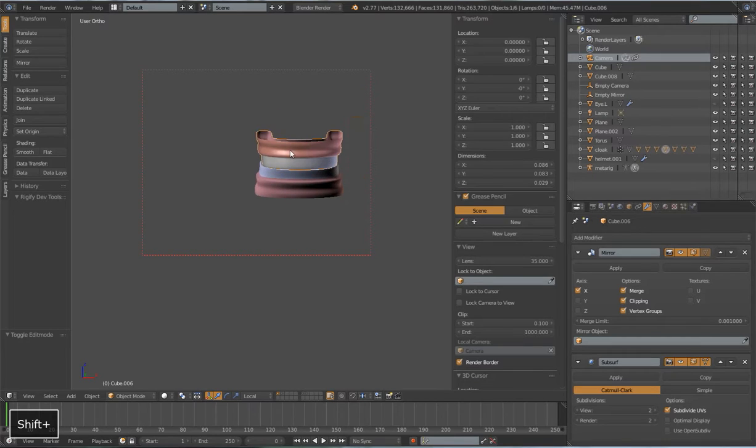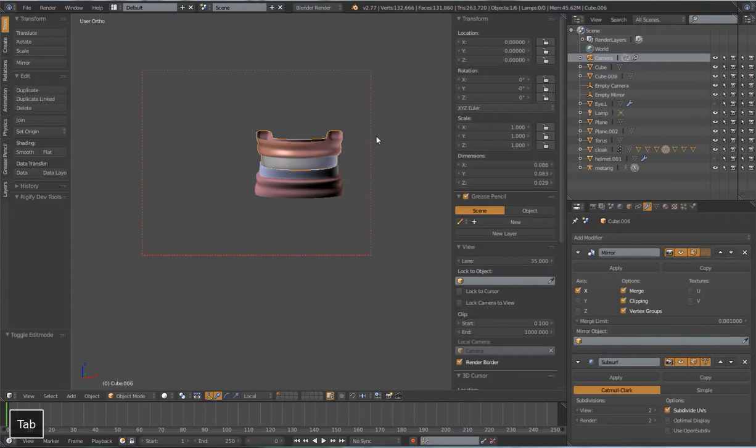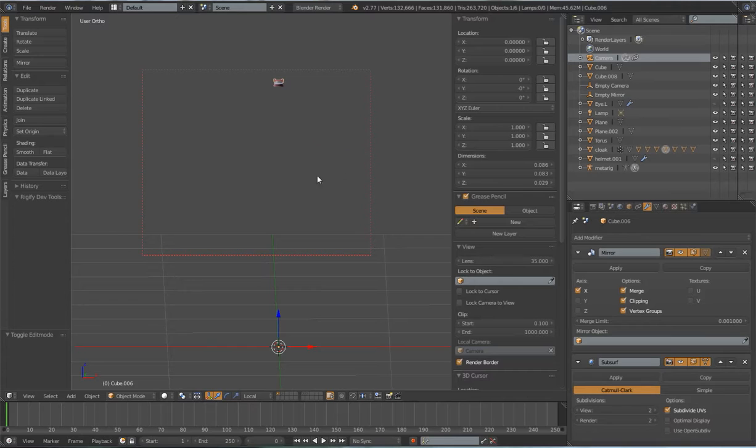You can see when I'm in edit mode, I can actually change the positions of all this stuff, and when I go back to object mode, the transforms are still zeroed out. So if you ever need to move anything in object mode, you'll want to reset the origin